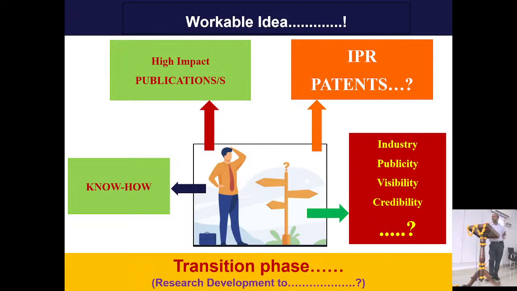Yes or no? So there are two shops. One is a 1+1 offer: buy one, get one free. The other is buy one, get two free. Which one do you prefer? Buy one, get two free. So it is also the same. Take IP first, you can also do publication. But if you take publication first,